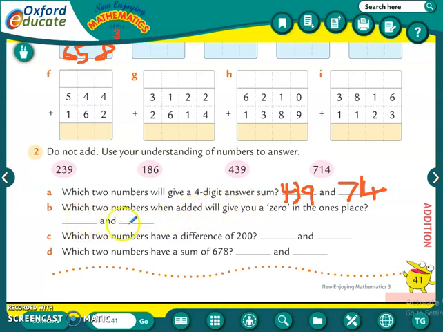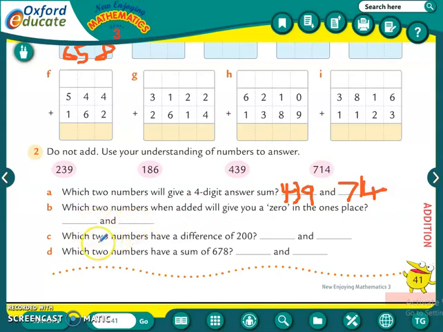Now second, which two numbers when added will give you a 0 in the ones place? So here what will you see: in all the numbers we have to add only the ones place, and the sum of those two ones-place numbers will come to 10. So for that what will we see? 9 plus 6? No. 6 plus 9? No. 6 plus 4? Yes. 6 plus 4 is equal to 10. So here you have to write 186 and